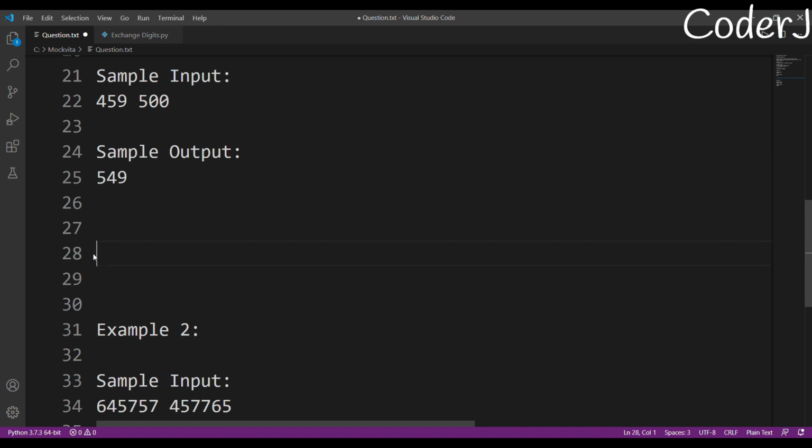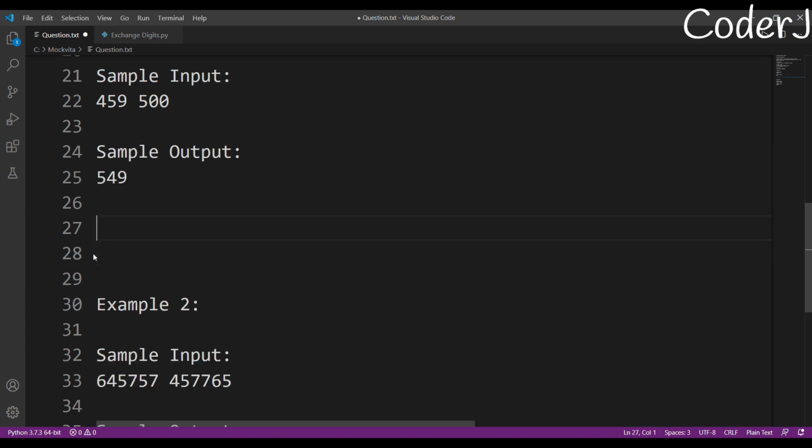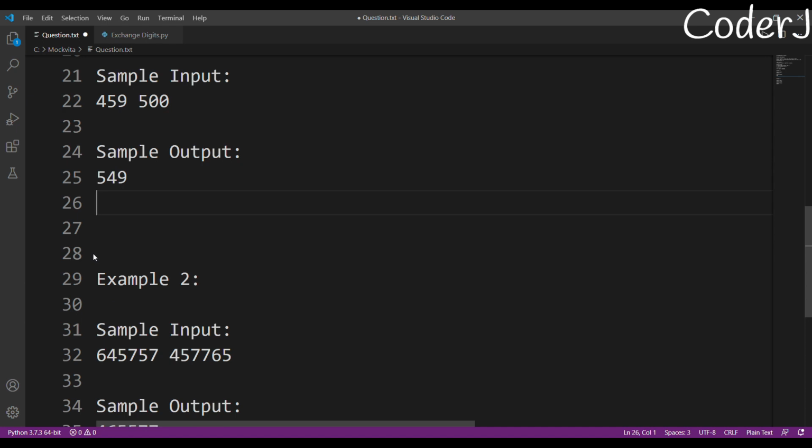But worry not, I'll be using a very simple approach, and at the same time a very convenient one, something that won't give us a time limit exceeded. I'll be using a method of permutations. I won't be using combinations. Many of us are confused between permutation and combination, so I'll just give you a little hint.